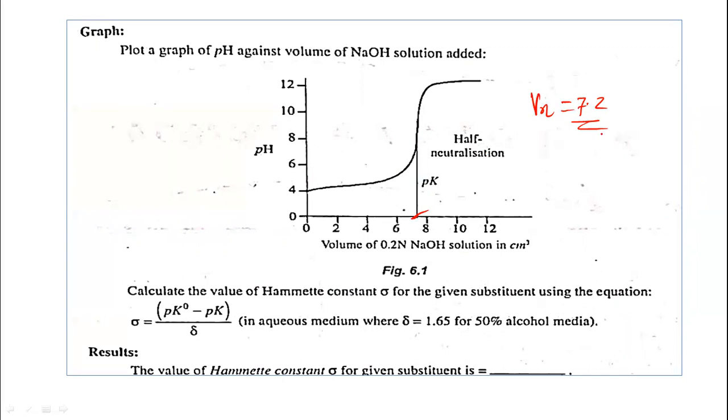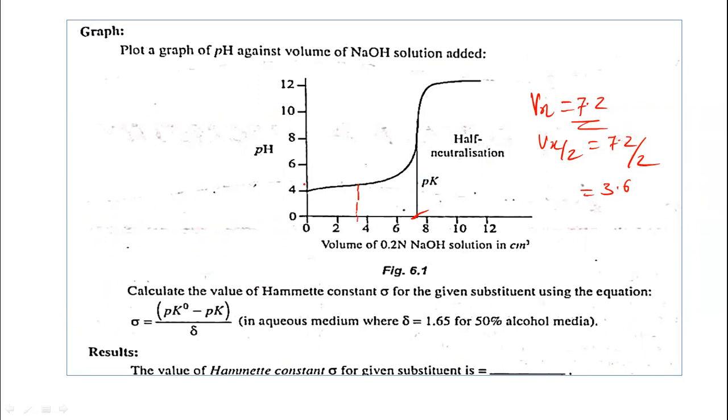Take Vx by 2, so it is equal to 7.2 divided by 2, which is around 3.6. So at 3.6 volume, that is half neutralization,